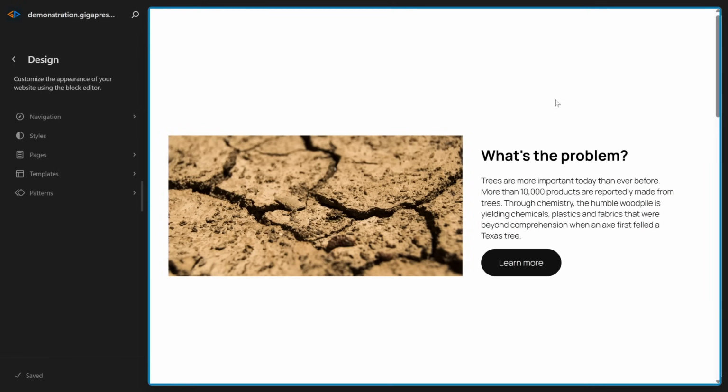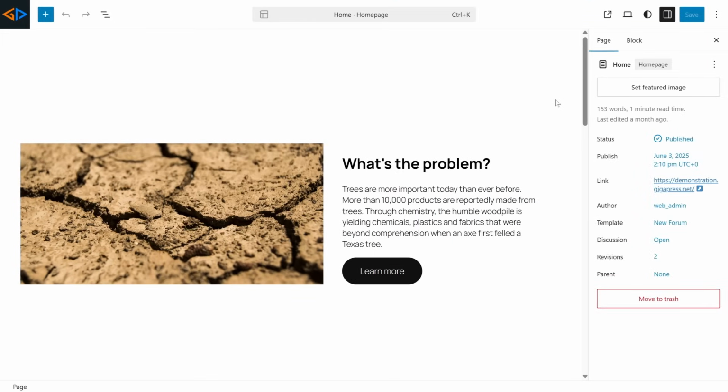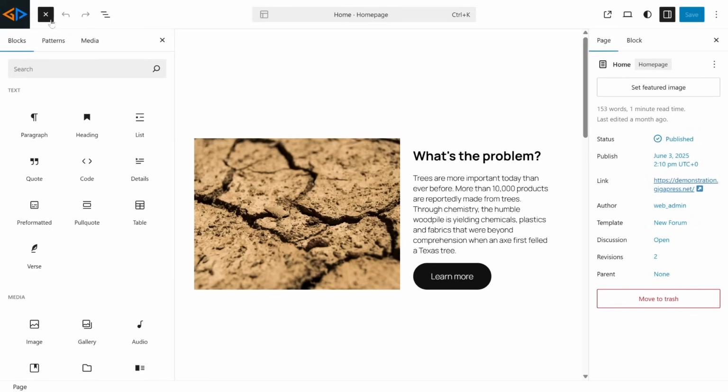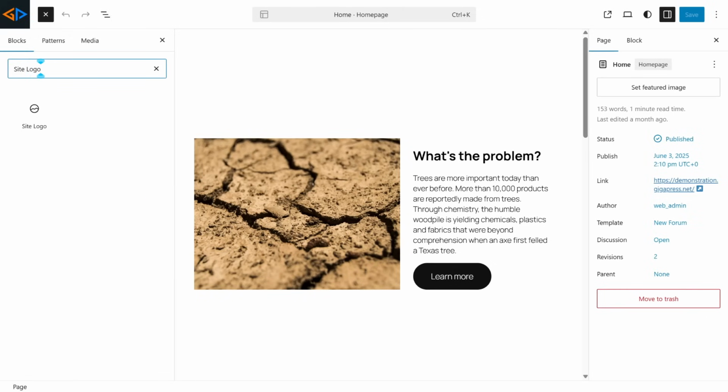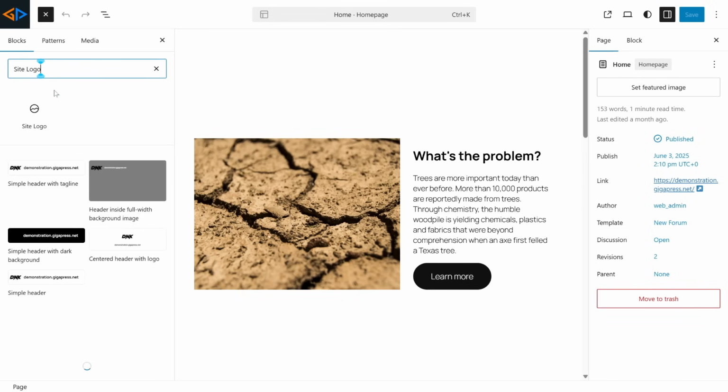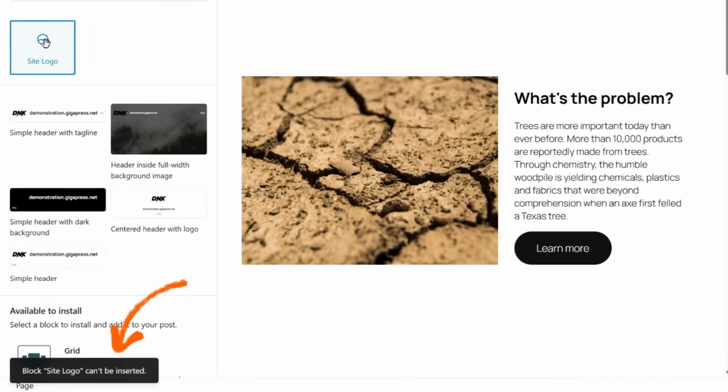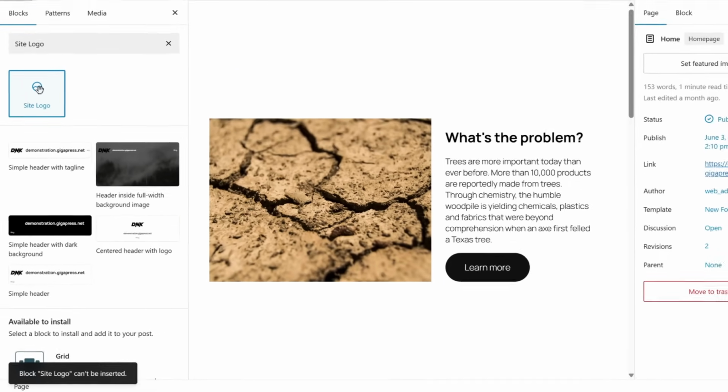Click on your site. Then, click on the plus icon at the top left to add a block. Now, search for Site Logo. If you click on it and see the message, "It can't be inserted," just double-click on an empty section of